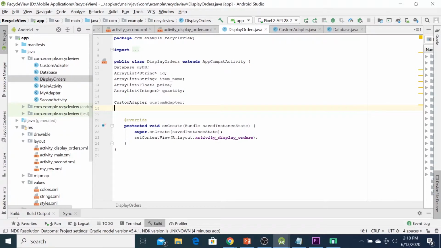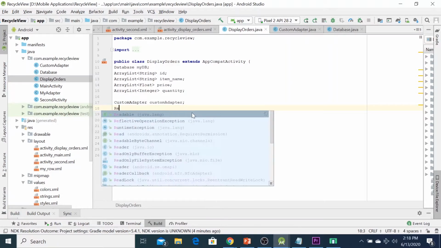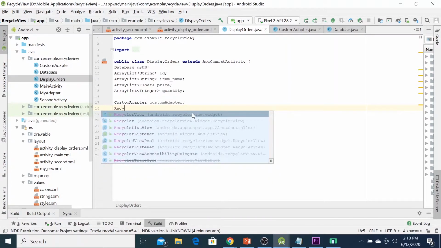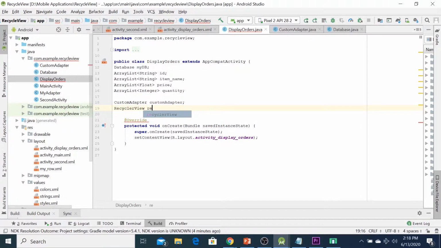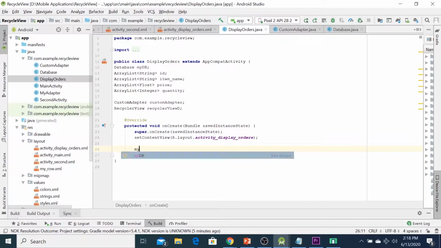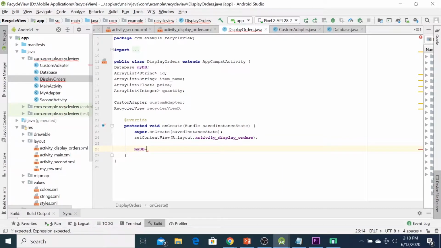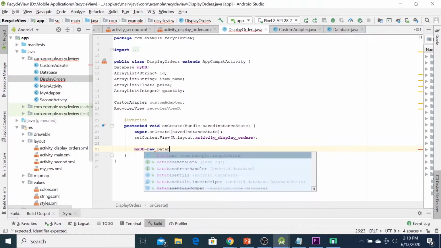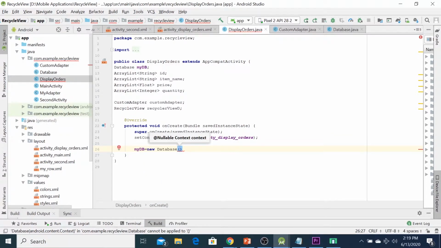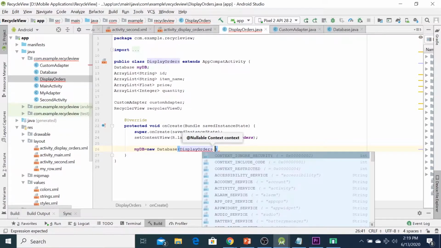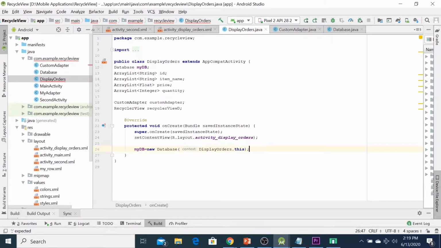Okay, back to the display order. So here you can type RecyclerView. For example, this one is display, semicolon. Here we can call the database, which is myDb equal to new database, the activity, which is DisplayOrder dot this, semicolon.